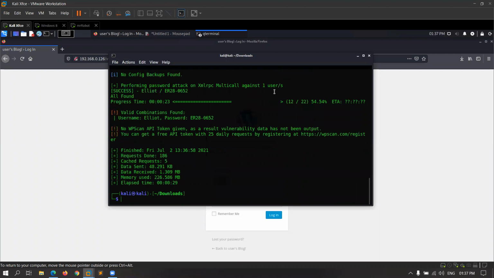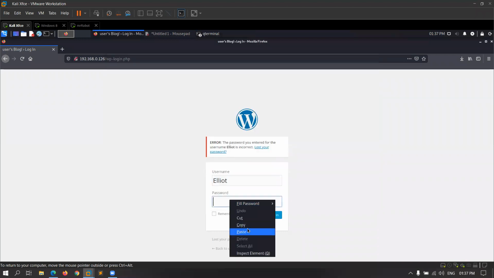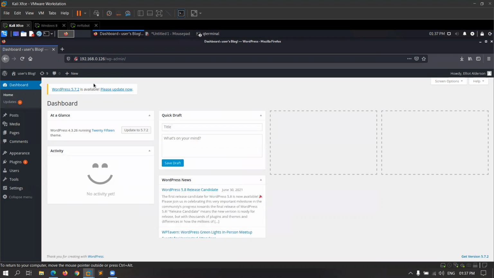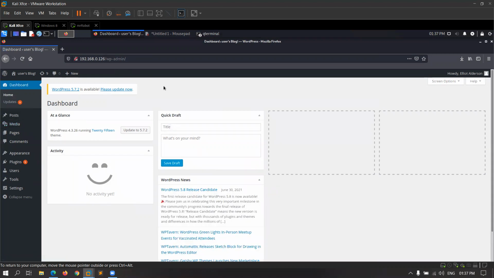And you can see the username is Elliot and the password is ER280652. So I'm going to use this as a password and I will put the password here and log in. So I logged in, but the catch is now we have to find out the second key, but we don't know the procedure. So what we have to do, we have to upload a shell in the WordPress because I'm already in the WordPress. So I will upload a shell in the WordPress so that I can take the web server remotely. I can take the access of the web server remotely.